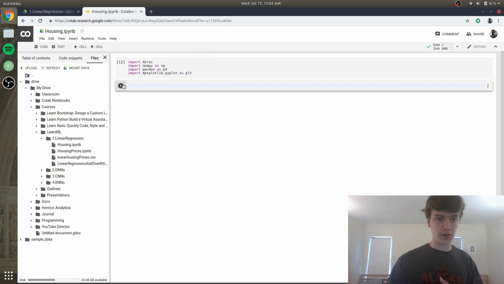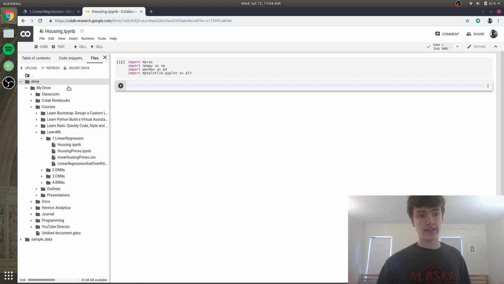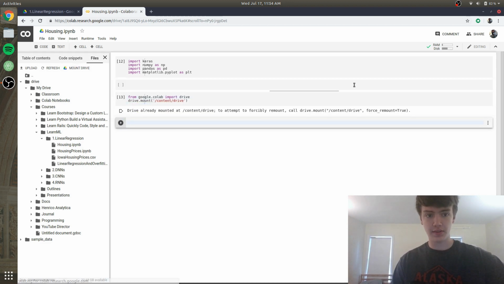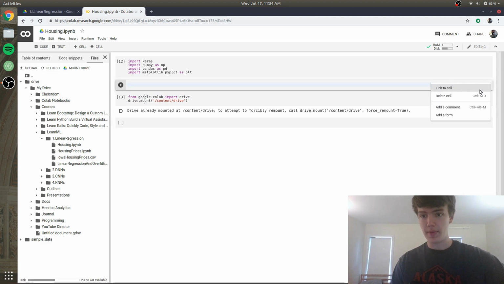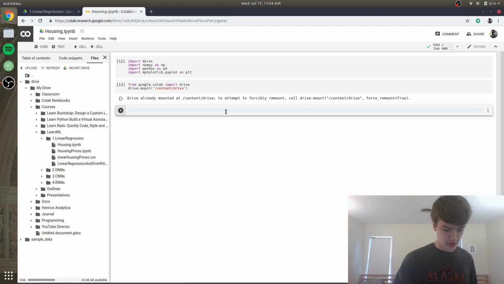Next, what we need to do is mount our drive so that we can get access to the data. Again, like I said before, you can get access to the data by going on my GitHub and getting the link directly, or you can download it, save it to your own drive, and do it the way that I'm about to do it now. Or you can upload it to your runtime right here on the side. The choice is really up to you, but for this example, I'm going to mount the drive, and I'm going to run this. It looks like my drive is already mounted,